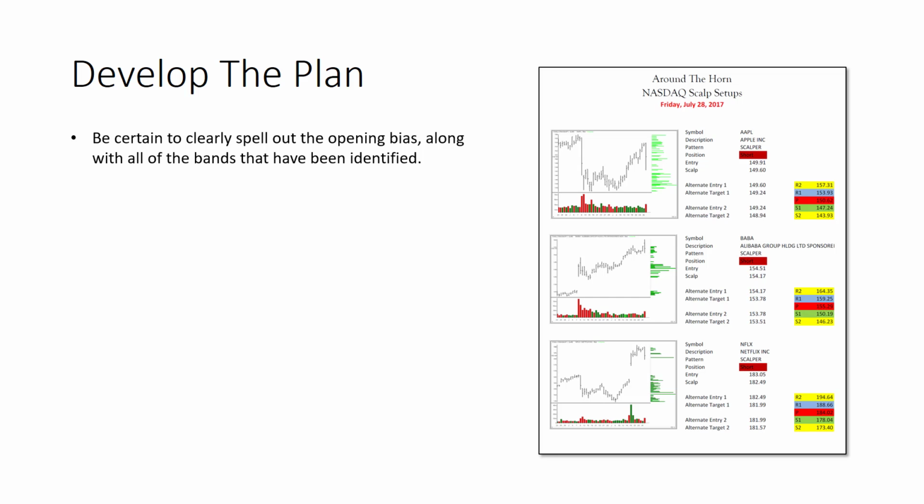As you can see, I've got 3 sets of alternate entries. I've got my opening bias as a short. That's because the stock made a major downtrending move going into the closing bell, and I'm hoping that that trend is going to resume first thing in the morning. Now, you also should notice that I've got more than one stock that I'm looking at. Each one of these on the trading plan has 3 sets of bands. These could have 5, 6, 7, 8, 9, 10, as many sets of bands as you are comfortable dealing with.